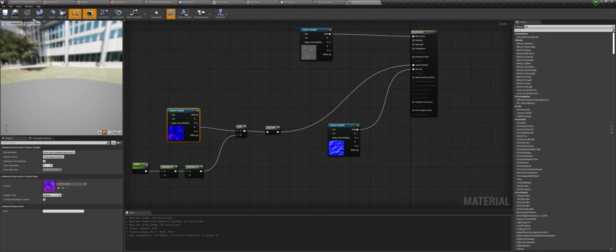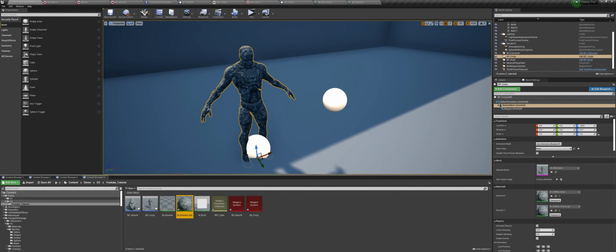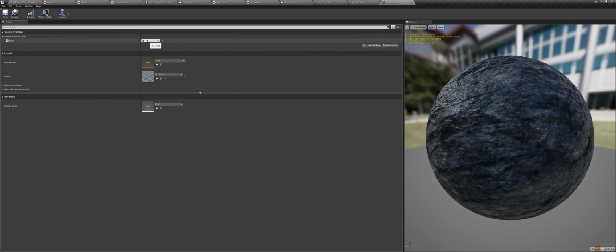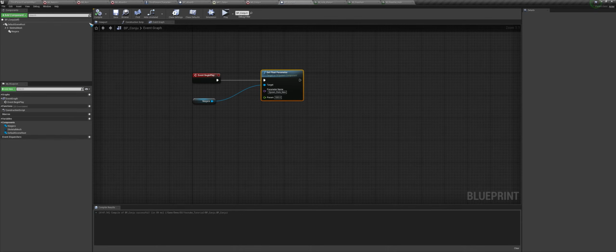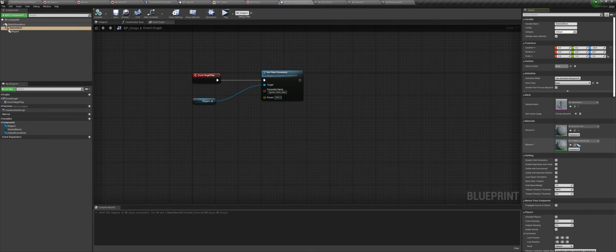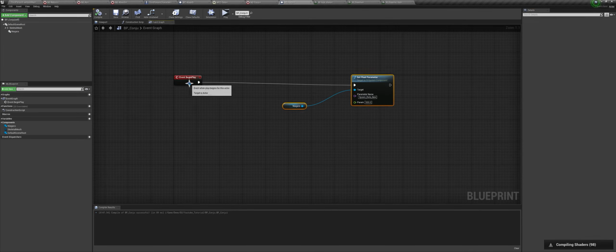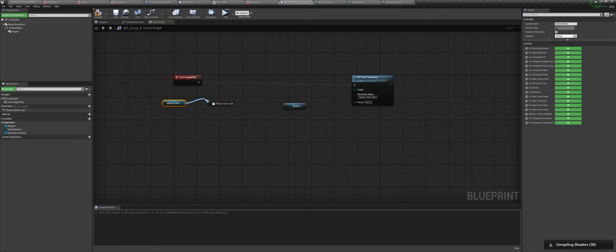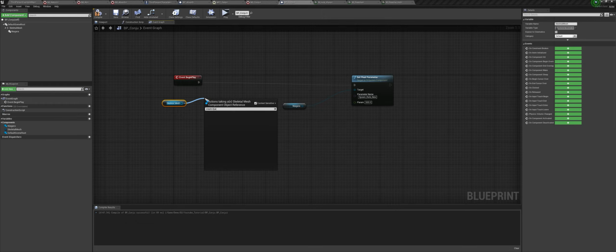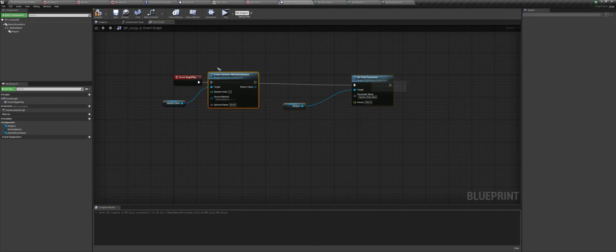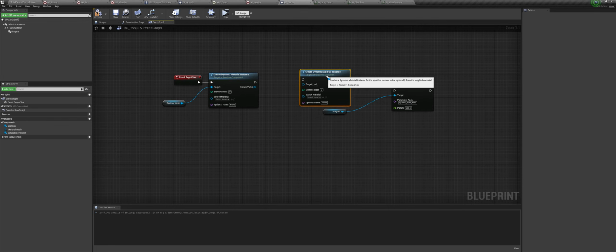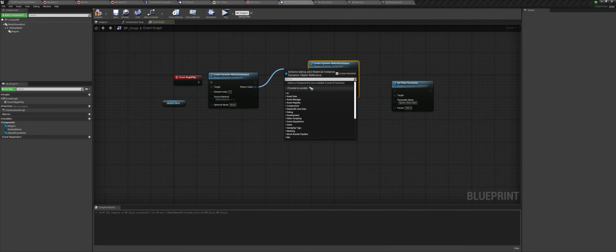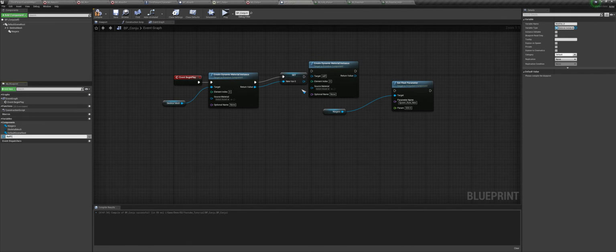So now we will just select this material instance and set this value to 0. And here we will just place that here and place that here. And in the event begin play, we will just get the skeletal mesh. We will type in create dynamic material instance. And here I will just duplicate this. And I will just promote this to a variable. And I will call this reference 1. And I will connect this here.